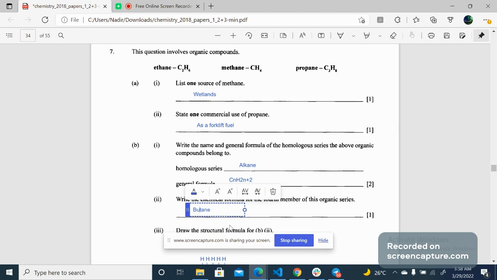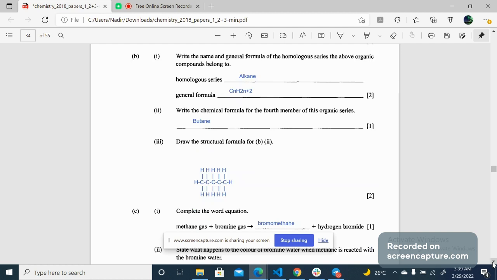To the best of my knowledge, it's butane, and then comes pentane. So it works like this: methane, ethane, propane, butane, pentane, hexane, heptane, octane, nonane, decane. This is the whole homologous series of alkanes. Okay, and then we have to draw the structural formula for